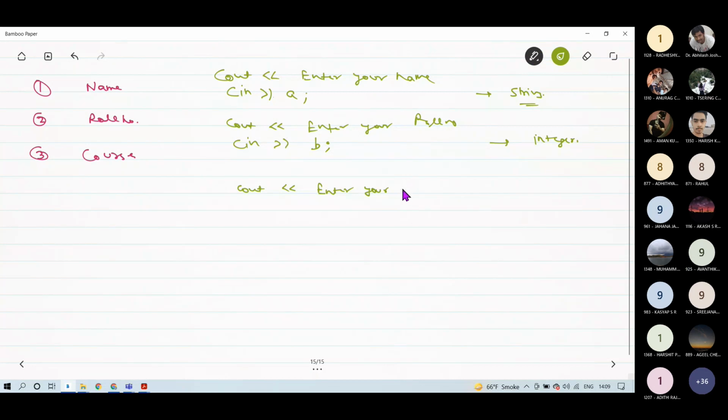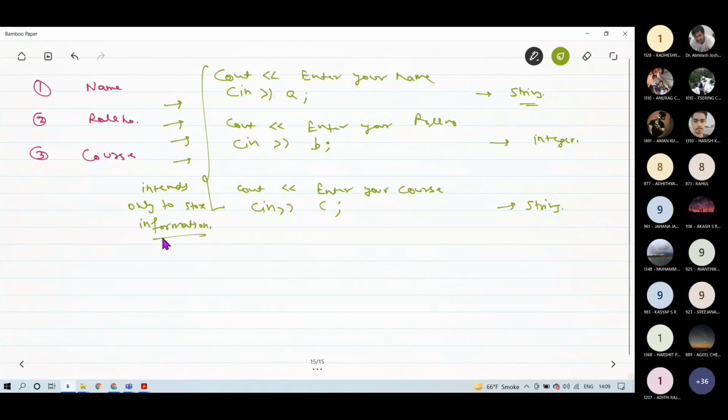So enter your course, and that data should be entered into a variable C, which has to be again of string type. But now this part of the program intends only, you can say, to store information.